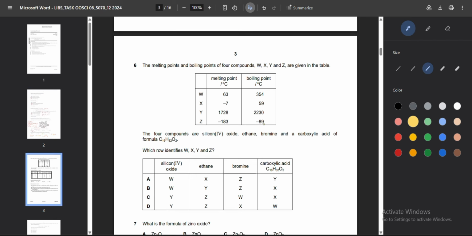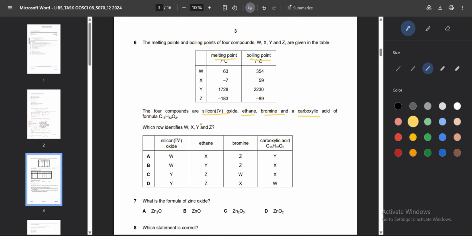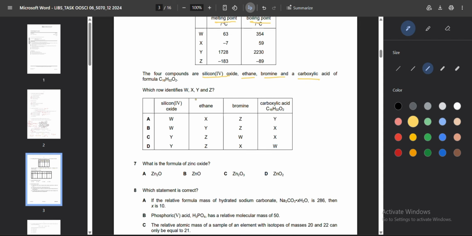Now next one is question number 6. Question number 6 is that the melting points and boiling points of 4 compounds W, X, Y and Z are given in the table. The melting points are given, the boiling points are also given. The 4 compounds are silicon dioxide, ethene, bromine and a carboxylic acid of formula C16H32O2, which identifies W, X, Y and Z. Alright, so over here we can say that